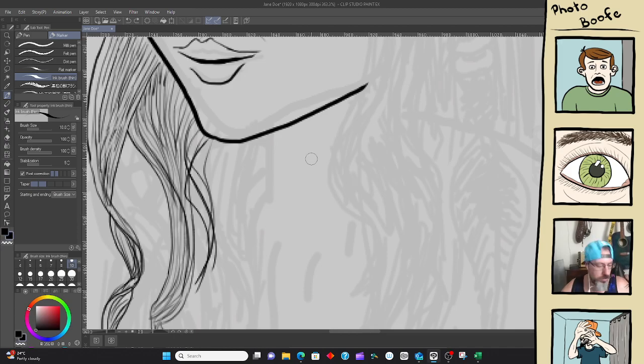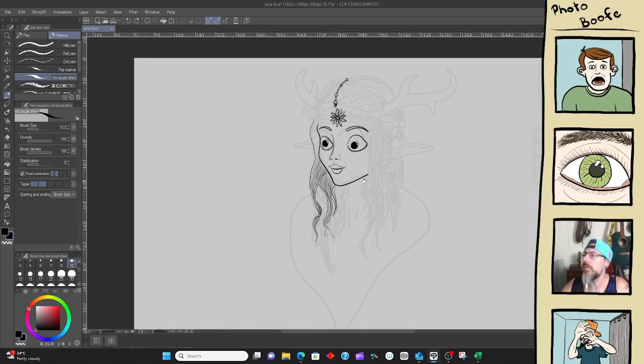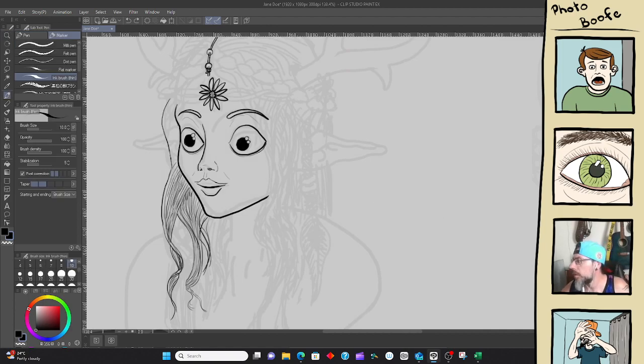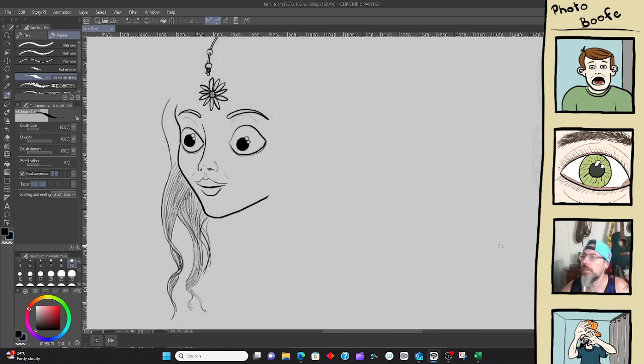I have no idea what this looks like. Let's kill the rough layer. Fine. Starting to look like hair. There's going to be a whole cleanup session needed for it, but at least we're getting the shapes in.